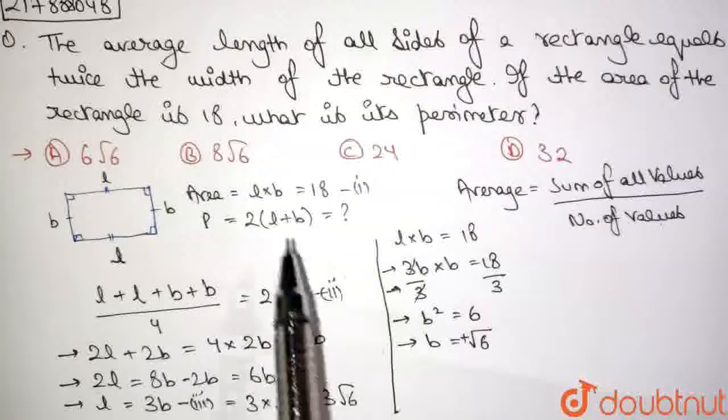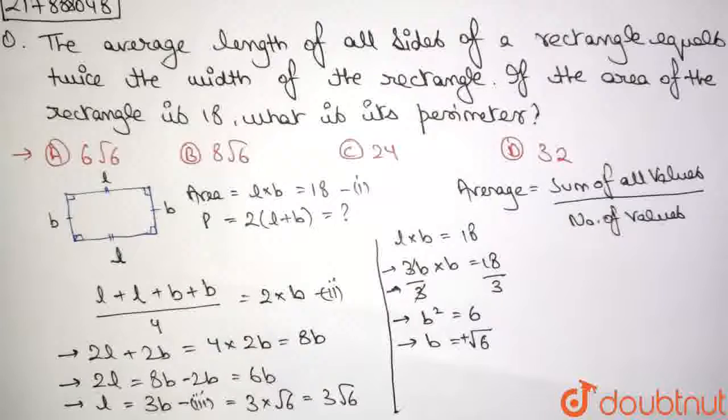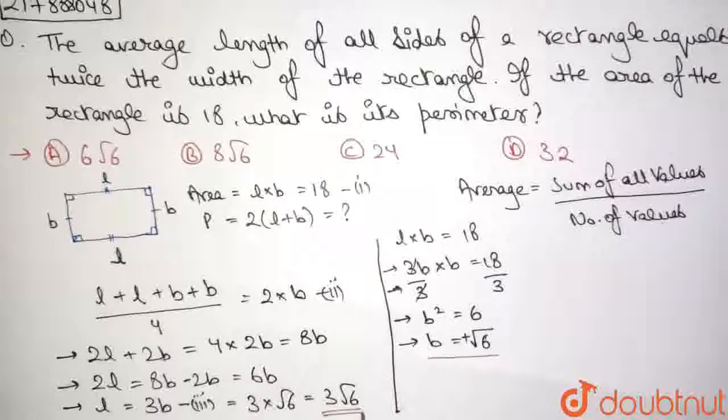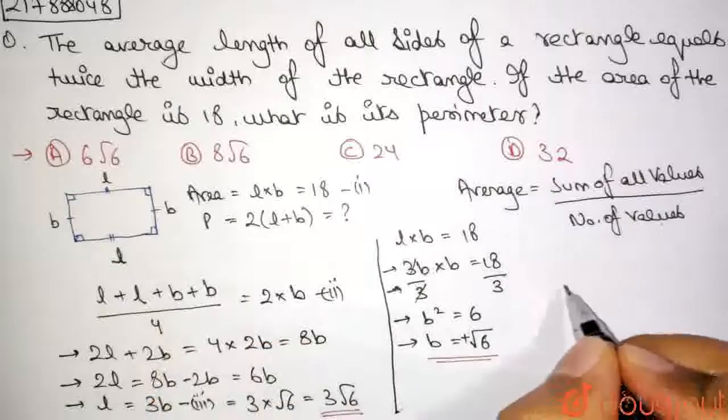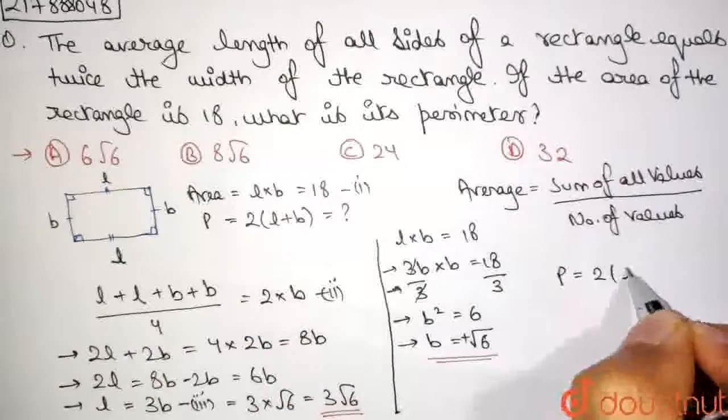Now, I have the formula of perimeter as twice of L plus B, right? So, if I simply put the values of length and breadth in this, I'm going to get the value of the perimeter. If you can see, I have already obtained the value of B. I have already obtained the value of L or length. So I have length, I have breadth. I'm simply going to put it in the formula of perimeter. So the formula of perimeter is P is equals to twice of L plus B,